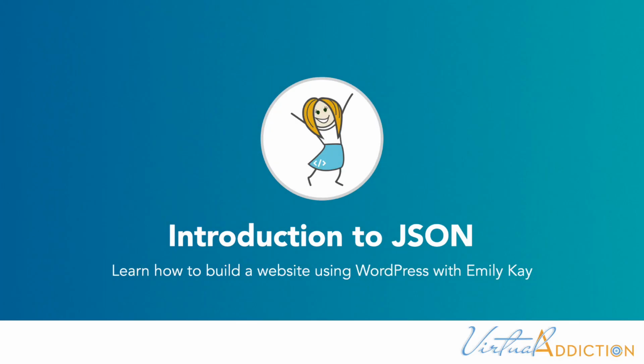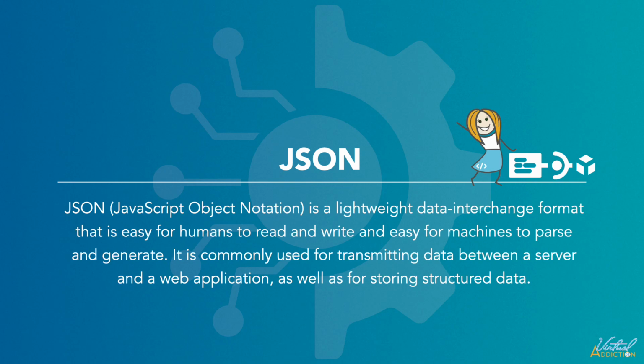The next bit of code that I want to introduce you to is JSON. JSON stands for JavaScript Object Notation. It is known as a lightweight data interchange format that is used for storing and transporting data. It's one of the most common methods we use when sending and receiving data over the web, especially when using